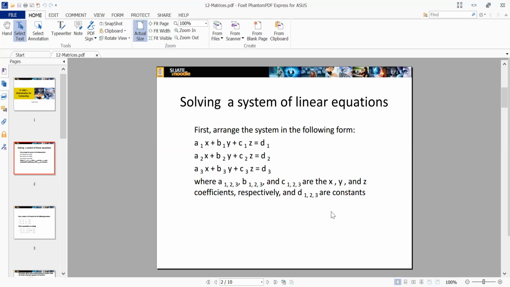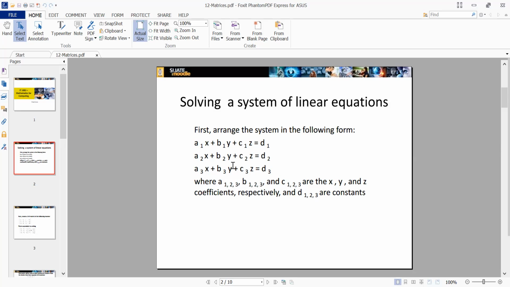Linear equation means, look at here, this is one example: for example 5x plus 2y plus 3z equals 5, something like that. If you have any linear equation in this format, you can easily solve it. You can easily find the values of x, y, and z using the matrix methodology. Let's see what the method is, using the respective coefficients of x, y, and z.